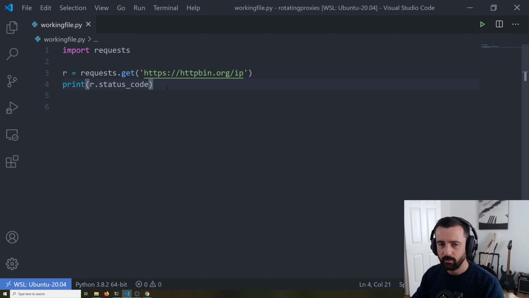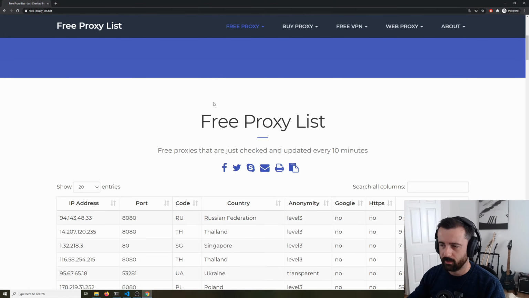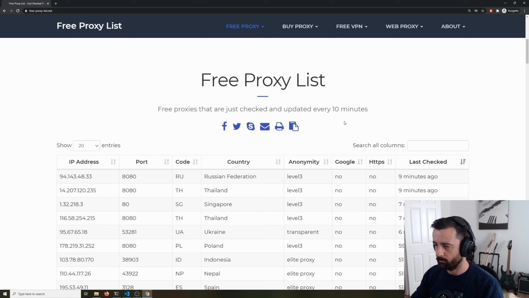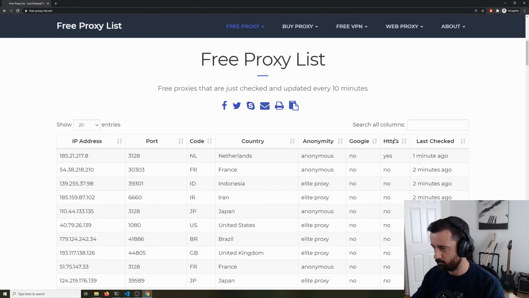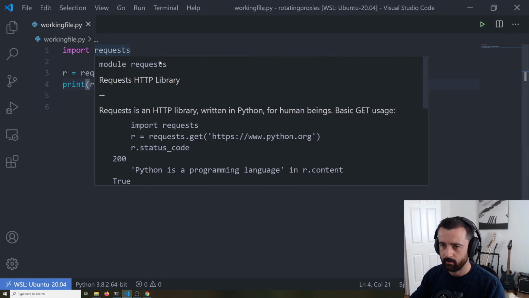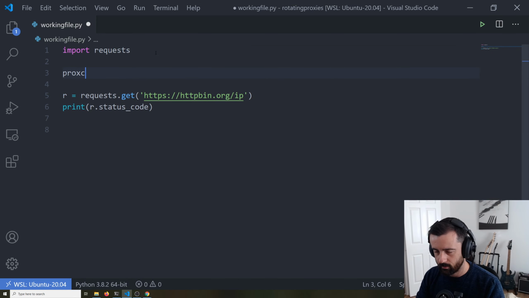So if we wanted to use a proxy, we need to go and get one. So if you Googled free proxy list, you might come up with this. And if I refresh this page and we find one that says HTTPS says yes, so let's copy that, and the port is 3128. Let's go ahead and do proxy is equal to